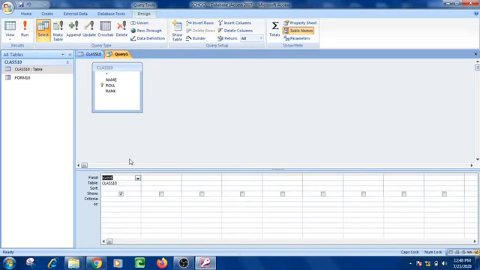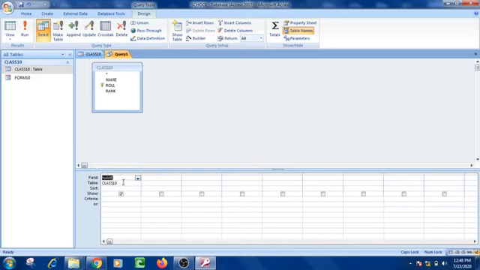Below the field there is the table row, which displays the name of the table from which the field is selected.